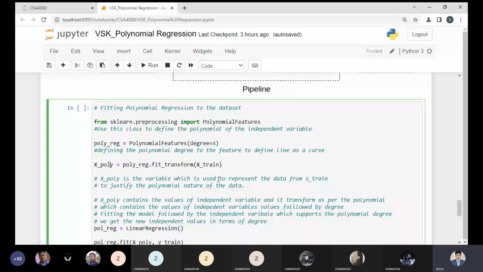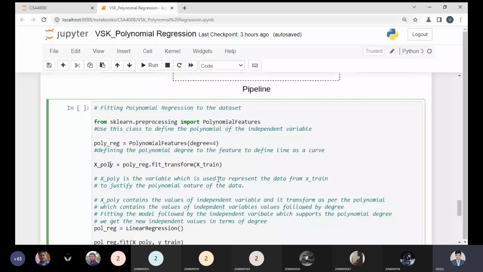So I'm passing the training data only. If you want to pass any other variable, your testing or actual variable, the code will still execute and you will be able to see the output. But as per the rules of the machine learning process, we pass the training data to build our model. That's why I'm passing X train. If you want to pass X test, you can pass it. That is the point you have to understand.